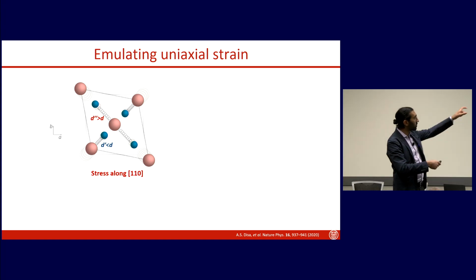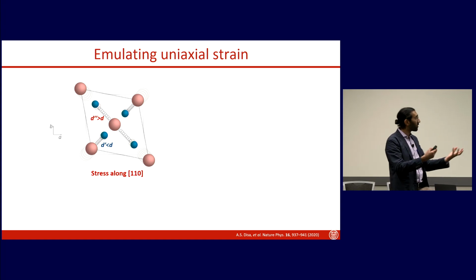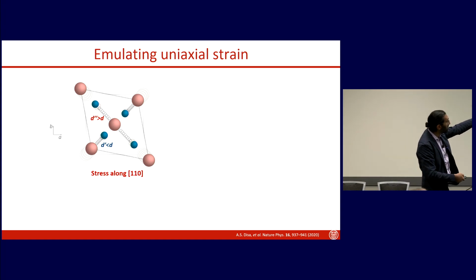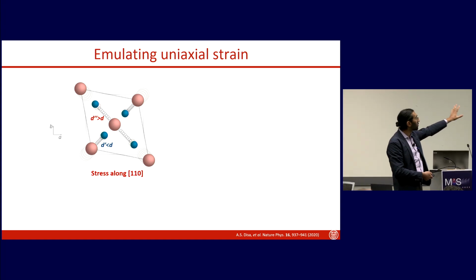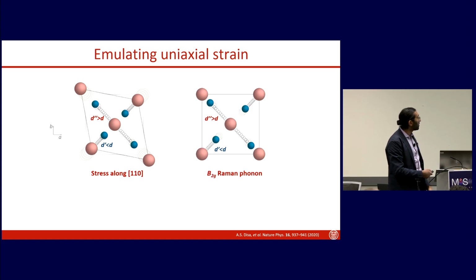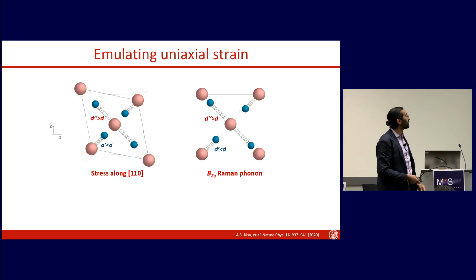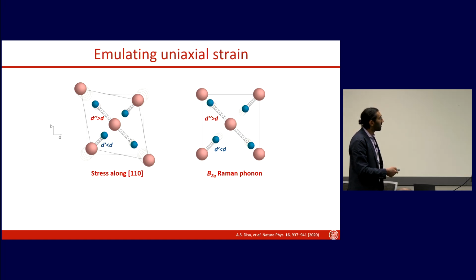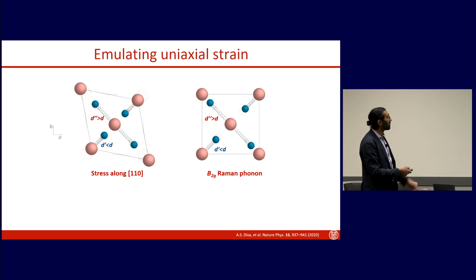This changes the local crystal fields on each site, so there's an orbital moment that is different now on this site and this site, and that's where you get this magnetization. So what we need to do is essentially emulate this same kind of anti-symmetric bond distortion in another way by using an optical phonon. And we can do that by looking at, let's say, all the different phonons that the